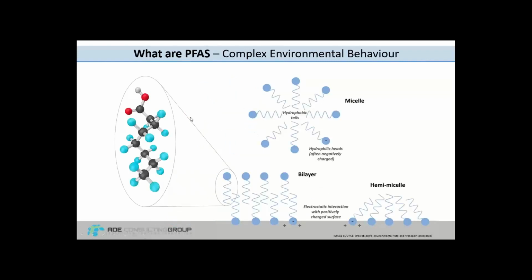So just to have a quick look here, I'll talk occasionally about short chain and long chain. This refers to the hydrocarbon chain length. So this is the fluorinated tail, it's often referred to. Short chain versus long chain just refers to a shorter or longer tail. As far as hydrocarbon chain is concerned, typically those with the longer tail prefer to partition into the organic phase, and those with the shorter tail prefer to stay in the aqueous phase.